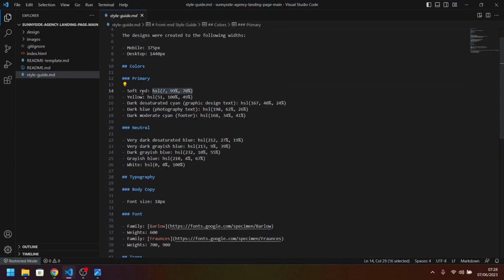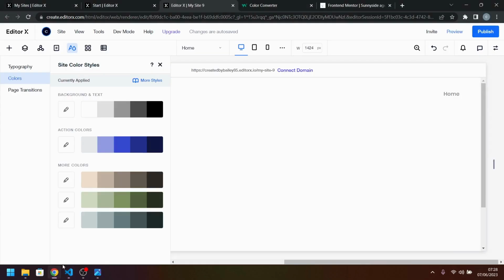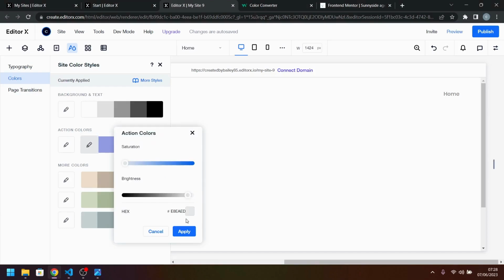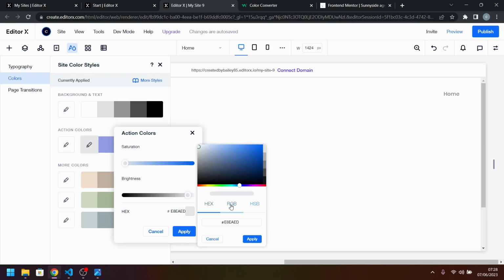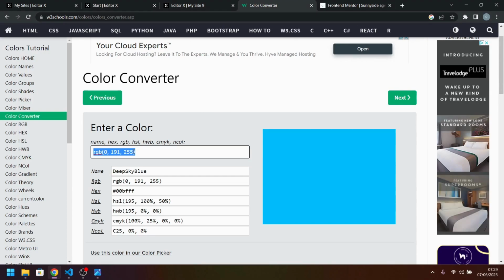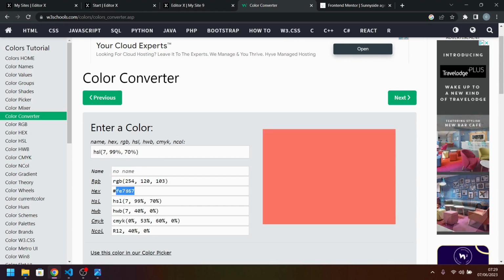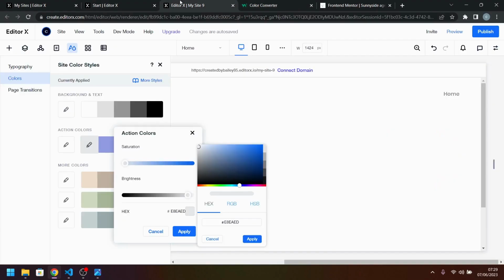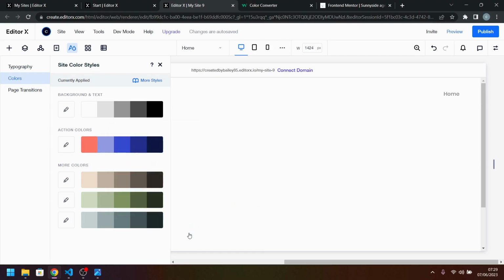We will copy that, but because you can only use hex values, RGB and HSB settings for the colours, we will have to convert these colours into one of these values, which I like to use the W3 Schools converter. Just copy and paste that in, and then grab that hex value, back to our site, apply,